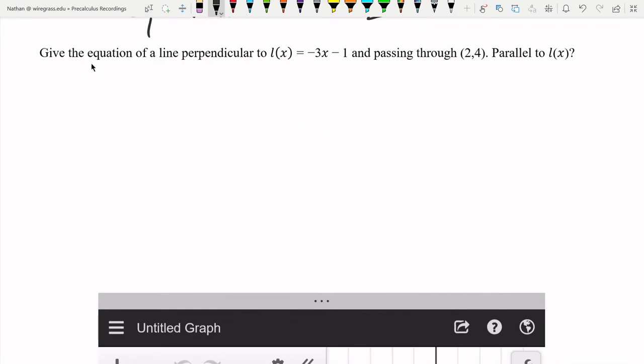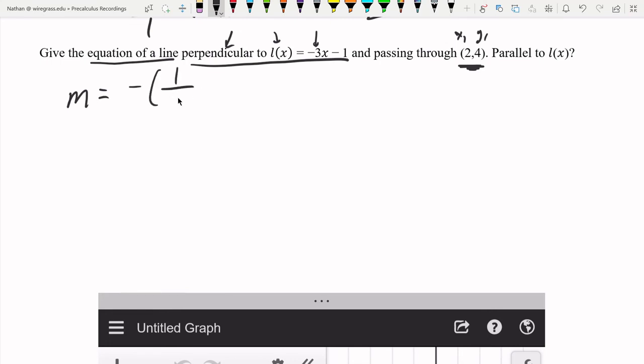So we want a line, the function of a line, that's perpendicular to this function, and it needs to pass through (2, 4). Well, (2, 4) is a point. I'm going to name that (x1, y1). And if the equation of a line is perpendicular, we have a point, right? The only thing we need to know to find any linear function is what's the slope. Well, that comes into knowing that if it's perpendicular to L of x, it must have a negative reciprocal slope. So m is going to be